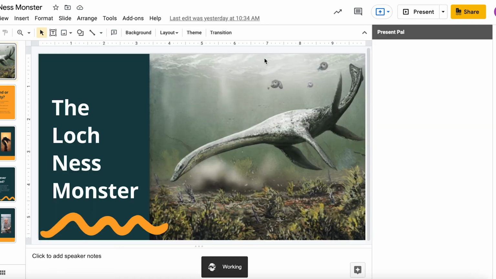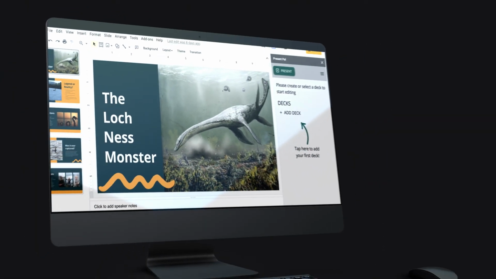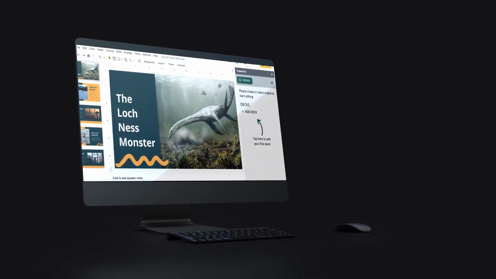If you're still seeing the Get Our Extension to enable slide control button when you open the add-on, just refresh the page to make sure that the extension is working correctly. You will now have the Present button on the top left corner of the add-on window. You are now up and running with the add-on and extension. Get ready to start creating, editing and presenting notes with confidence.